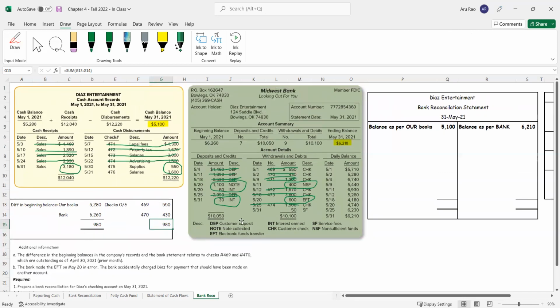Okay, so this money, this EFT of 600, they have withdrawn from my account. Obviously, I found this mistake. I called the bank. Now the bank has to put it back into my account. The bank has also taken out $50 from my account. So this $50